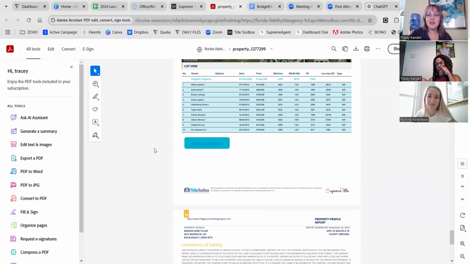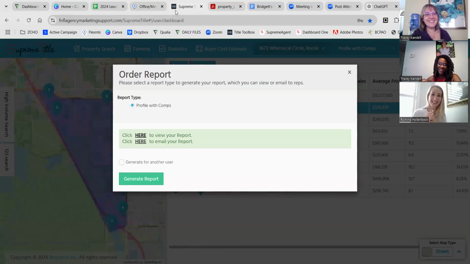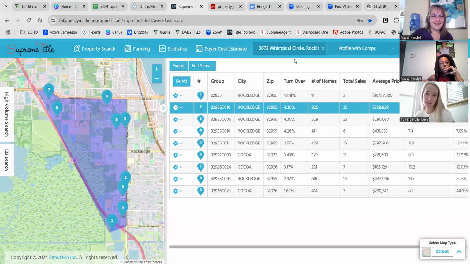So yeah, that's Title Toolbox. Did you have any questions? Did you want me to do any other examples? No, I mean, it's pretty awesome. I'm really glad you kind of pushed me to do this. Yeah, no, it's really good. I'm definitely looking forward to trying it. It's awesome. Yeah, it's really nice. I like it. Okay, so